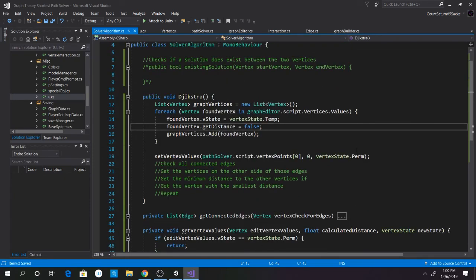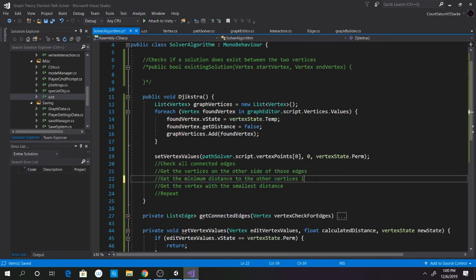Because we only want to check this one to get the minimum distance of the other vertices. But we can technically